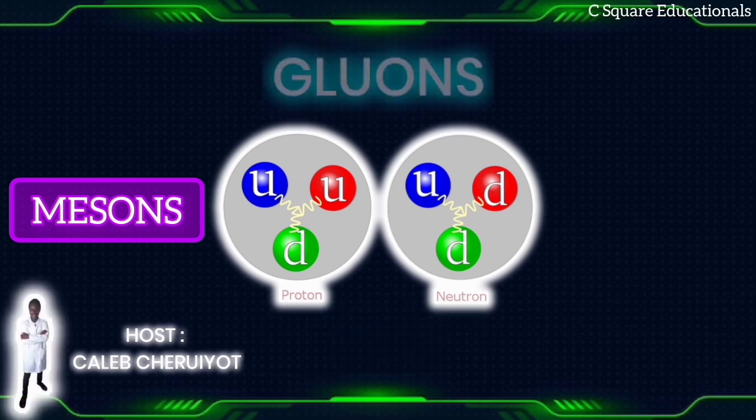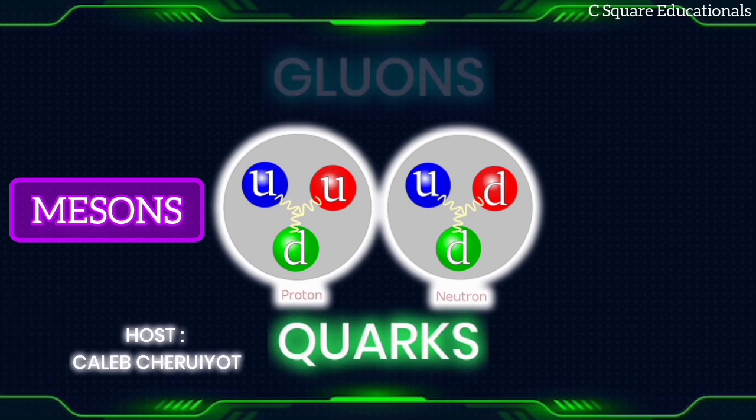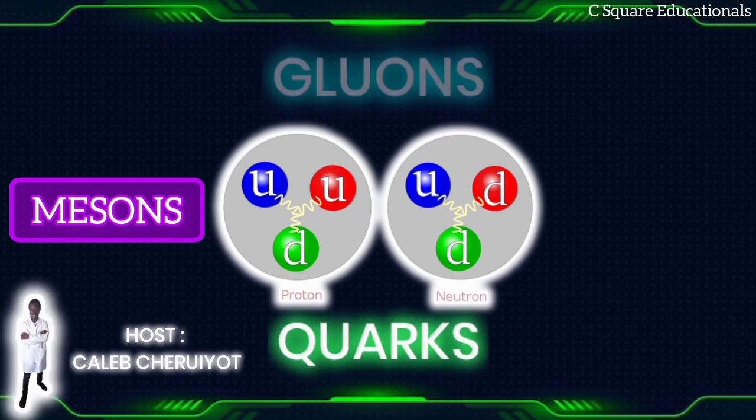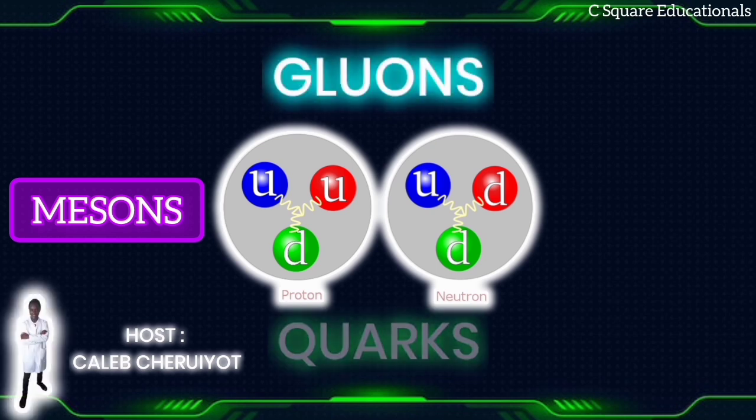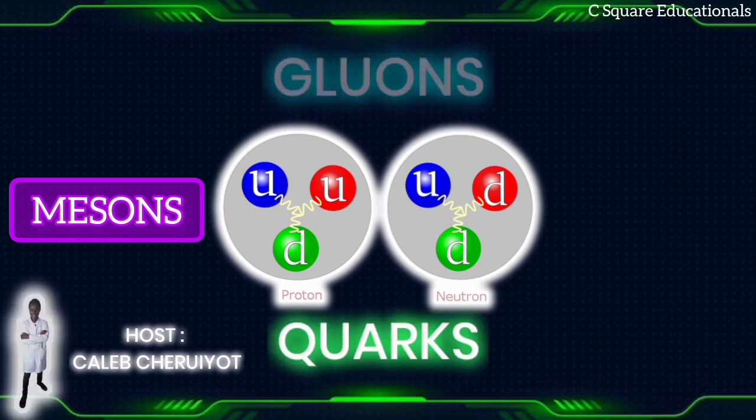In summary, the strong nuclear force mediated by mesons keeps protons and neutrons tightly bound together in atomic nuclei. It works in harmony with a strong force that binds quarks within nucleons. This understanding of the strong force is essential for comprehending the nature of matter and the existence of objects and life as we know it.